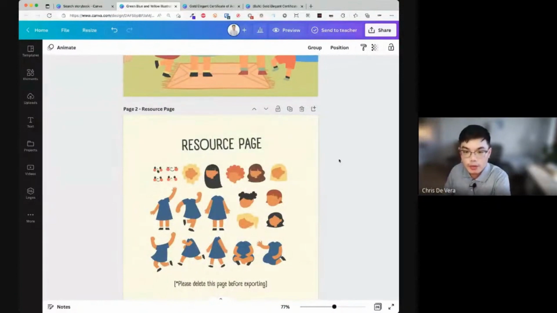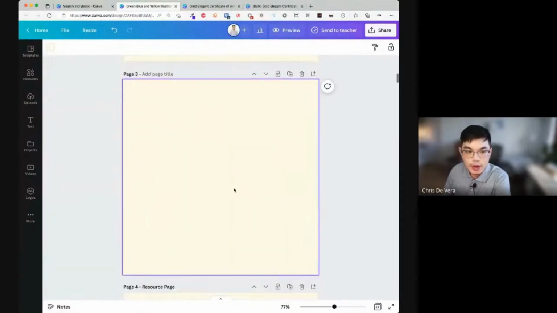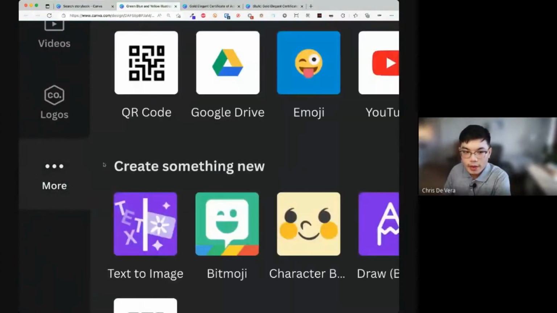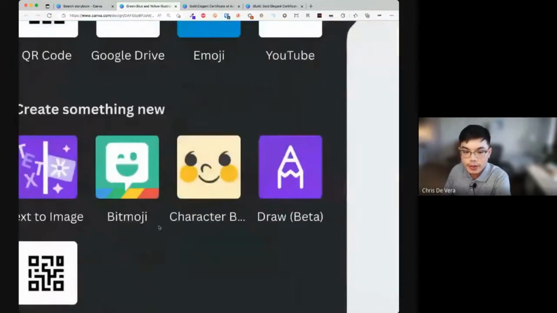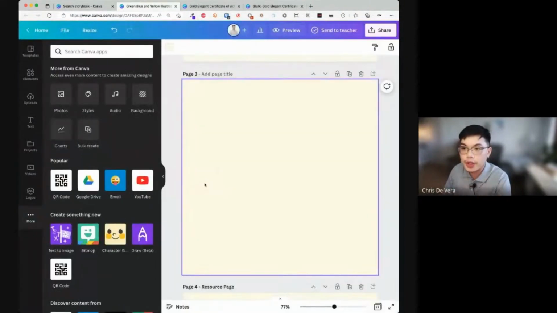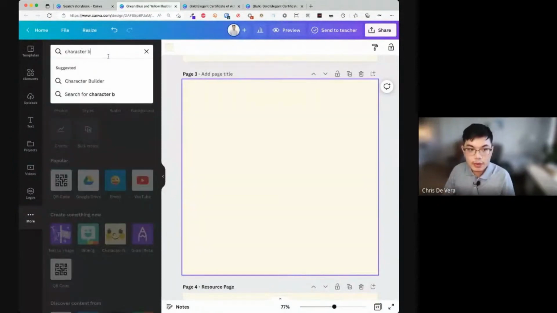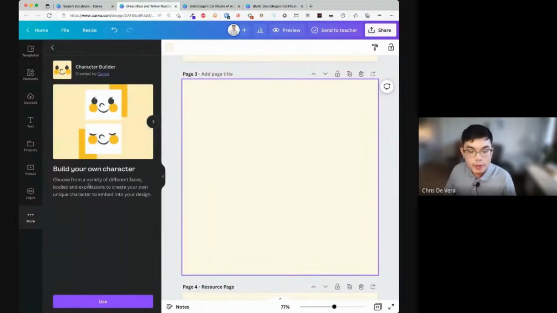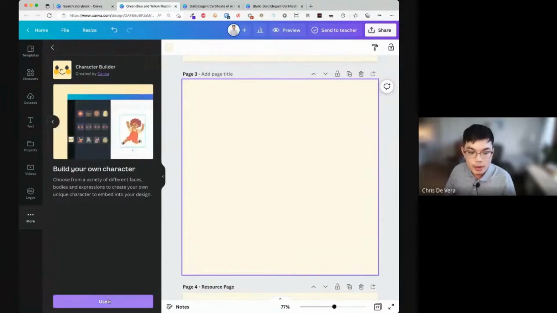So what you do is, let me click a new page. You go here again to more. You look for this one, character builder. So again, this is great for storybooks or if you want to create an illustration where people can customize how they look. You can also search it, character builder. Fun. So choose from a variety of different faces, bodies, and expressions to create your own unique character to embed into your design. So let's click here, use,